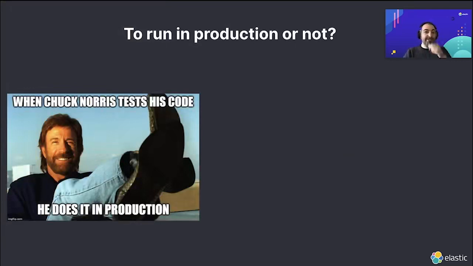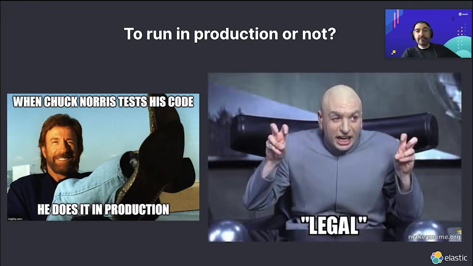The second thing is whether to run in production or not. Chuck Norris tests his code in production, but there's an important consideration here, and that's legal. Imagine that you're running an adversary simulation emulation platform, and it's in the cloud, and you're running on your production network or maybe a government network, and you exfiltrate data, and you run a process, and all of a sudden that data's gone out to the cloud. You've just effectively leaked data into an unapproved location. So consulting with legal is important. Running in dev is still going to give you a lot of advantage, so don't downplay that. But production does have its benefits.